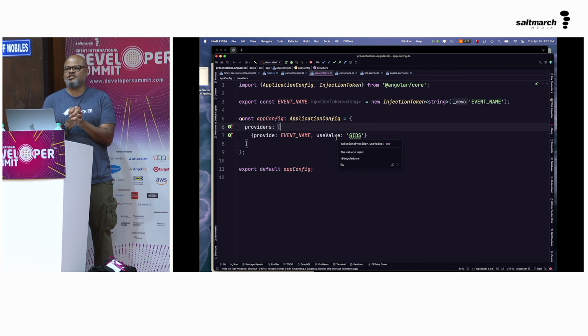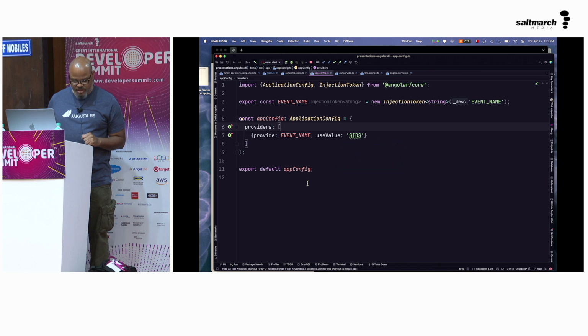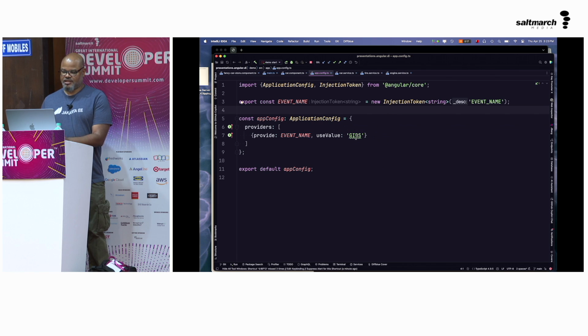And you can think of an injection token as just a special key, okay? And this is saying, okay, for this particular key, which is event name, use this value called gids, okay? And because I'm doing this at the app config level, this should be available to my entire application, right? And I could change this, and then it would affect the rest of the application.